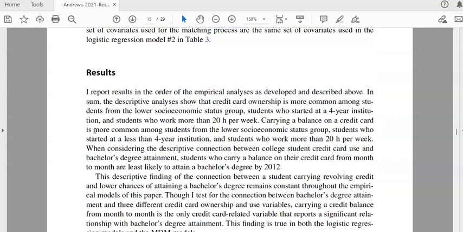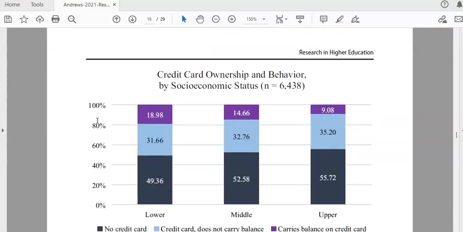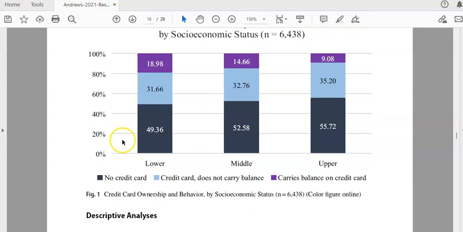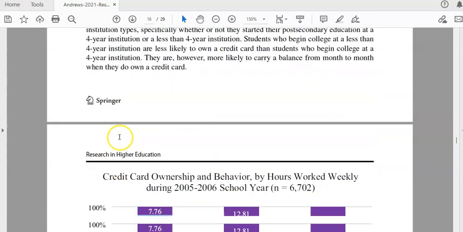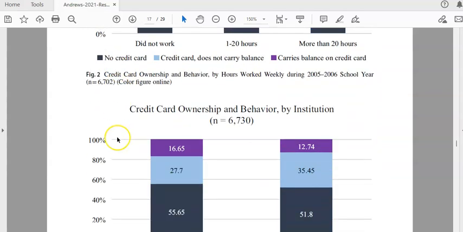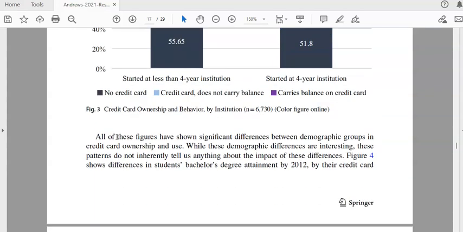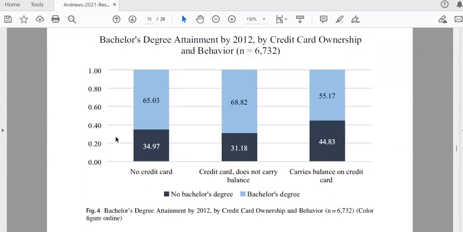Okay, and so down here, there's the results section, and the results section really focuses on reporting the results from those regression models and from descriptive statistics. And you can see there are some visuals here. The important thing within quantitative research articles is that any visuals need to stand alone, so you can read and understand them by themselves, but they also need to be paired with a narrative that describes them